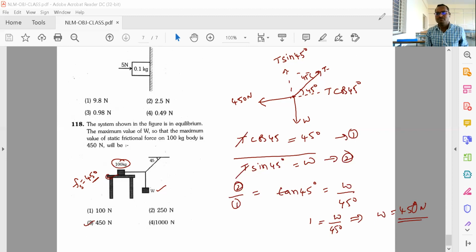So this type of questions, I have already shared material and a PDF material with you. You practice all the questions, you will get the answers. This is Newton's laws of motion. Next, I'll share work power energy, some objective questions.